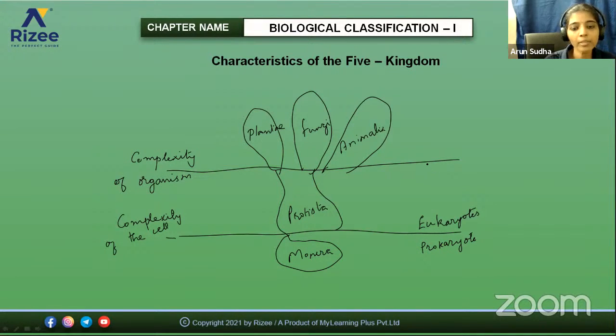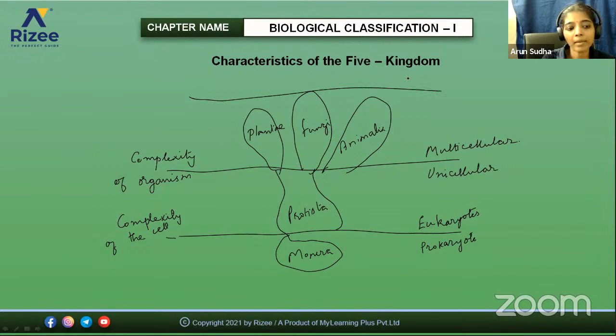So here, the main difference is all are unicellular. All these organisms which are present in the Monera and Protista are unicellular, and here all are multicellular. And these three, that is Plantae, Fungi and Animalia, are differentiated on the basis of mode of nutrition